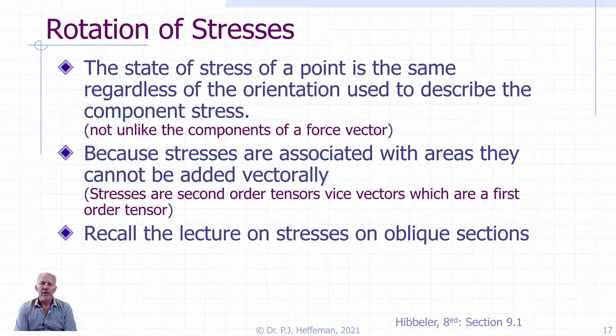So we need to look at those stresses, that stress condition, and figure out what that means to us. And so we want to consider that state of stress at a point. Now, if we think of our sigma x and sigma y and tau xy as the components of stress for our stress condition, then what we need to do is figure out what orientation best reflects the worst case when it comes to